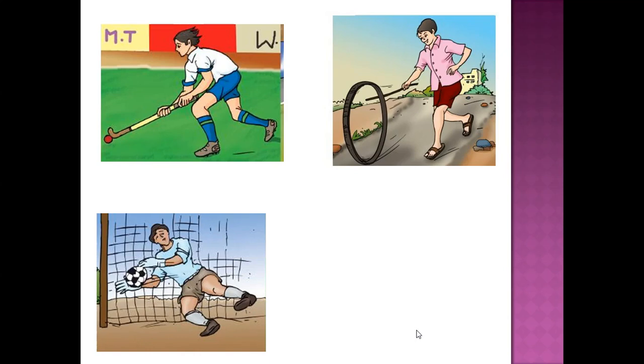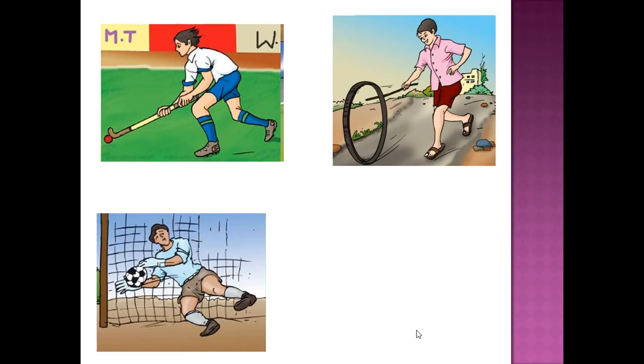Now, look at this. A ball has already been kicked by a football player. Now, this goalkeeper is applying force in the opposite direction to stop the ball. So, here what is happening, children? The force is acting in the opposite direction. So, two things can happen here. One thing is that it can decrease the speed of the ball. The second thing is that it can completely stop the ball, which means it can bring a moving ball to rest.